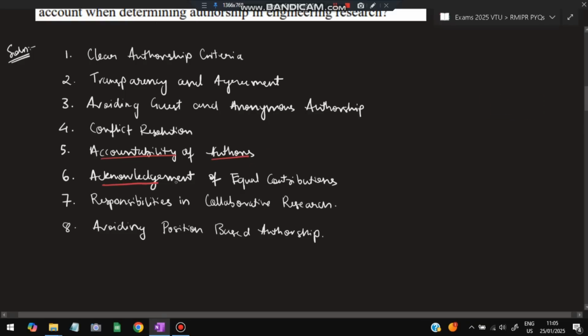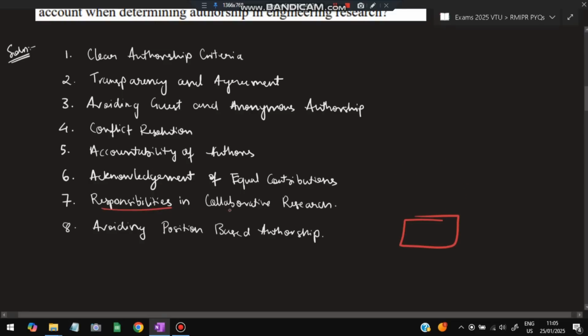Okay, next is acknowledgement of equal contributors. If a few or more people have made an equal contribution, they should be mentioned equally. Okay, there should not be any bias in between. Responsibilities in collaborative research. Collaborative research means there will be different domains involved. Okay, domain 1, domain 2, domain 3, like civil, mechanical and medical. All these domains will be involved in creating a project. Okay, in that case the responsibilities of them will be